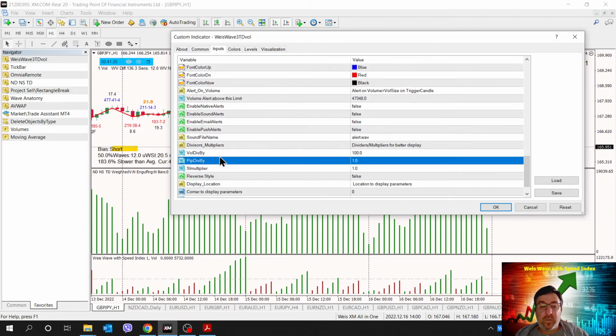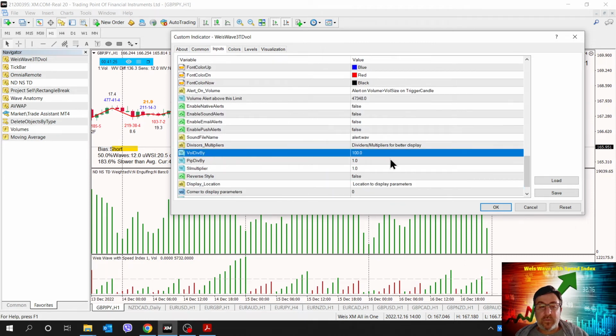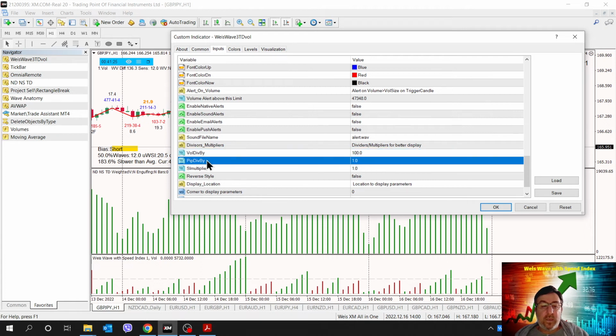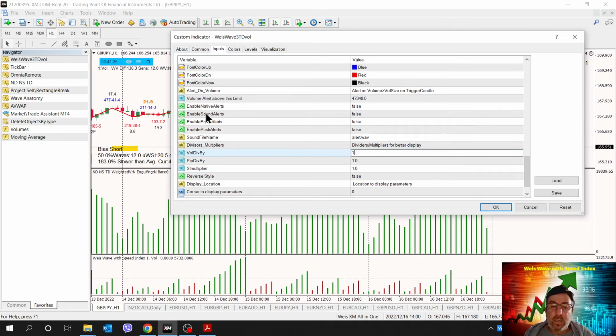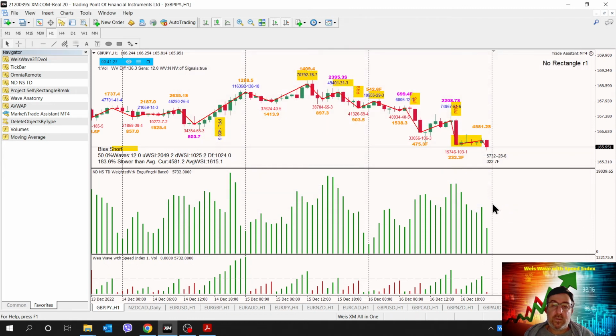For example, on volume, this is volume divided by, means we divide the volume wave. Pip divided by, it means we divide the pips. Okay, so for example, if I do not divide by 100 here, I will just say divide by 1, my numbers will become from 3-digit to 5-digit here. And see, so right now I got 5-digit volume numbers, which is huge numbers, which I don't really need to.